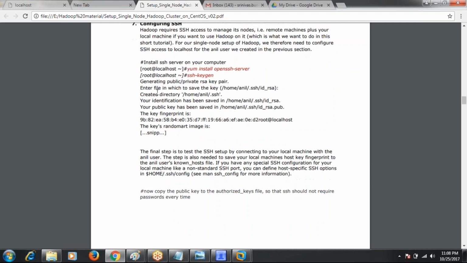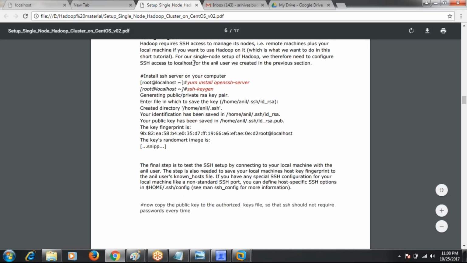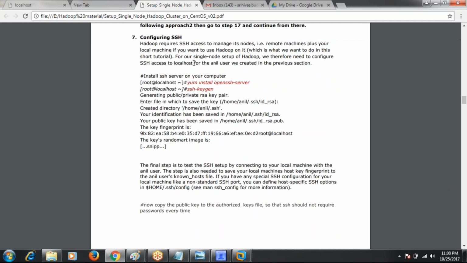Now, the seventh step is configuring SSH. We know SSH is secure shell, used for maintaining the communication between one machine and another machine. This is the command for installing the SSH server. yum is a CentOS command.